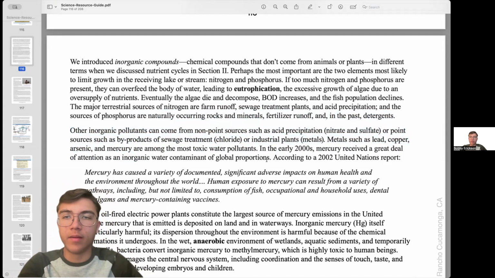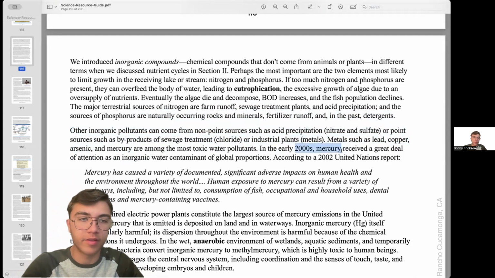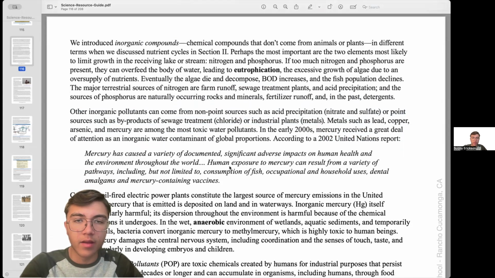And so mercury actually in the early 2000s received a great deal of attention as an inorganic water contaminant of global proportions. And so a 2002 UN report said it's created a lot of adverse impacts on human health. So this can actually happen from the consumption of fish, occupational and household uses, dental amalgams, and mercury-containing vaccines. So some vaccines contained mercury at the time, and then so did fish and occupational and household uses, as well